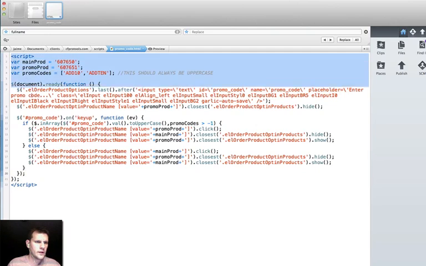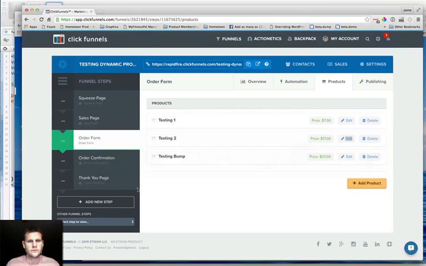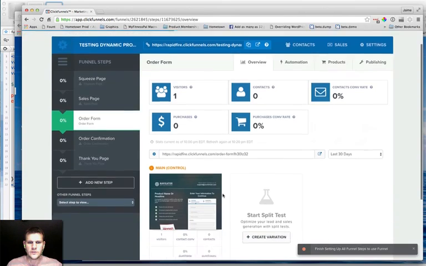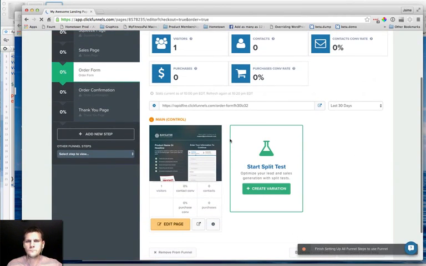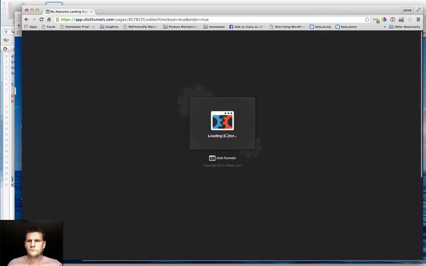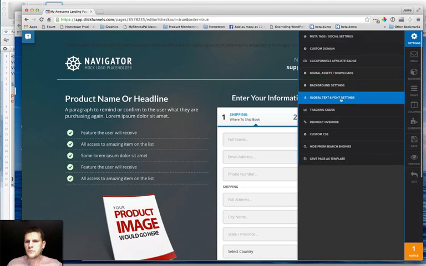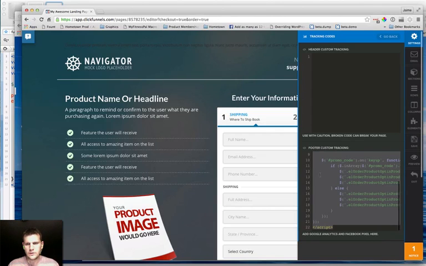So we're going to go ahead and copy this script now. And then I'm going to go back into my order form page, and I'm going to go into edit this page. And then we're going to go into the settings. We're going to go into tracking codes. And then in the footer tracking codes, you can see I've already got this code added in there. I'm going to go ahead and highlight it,